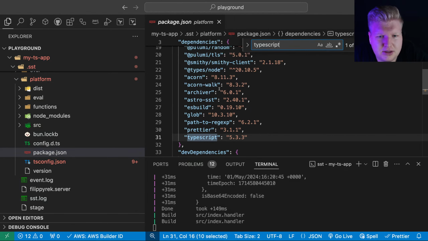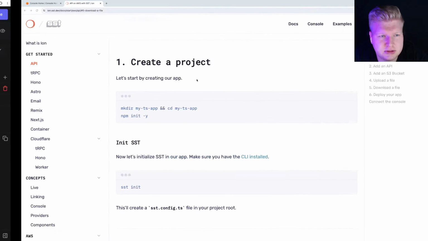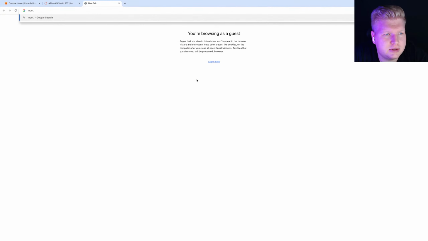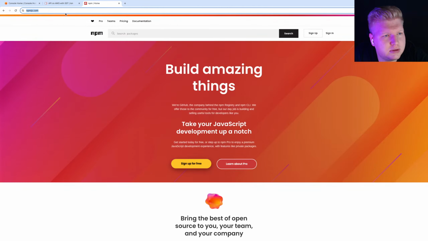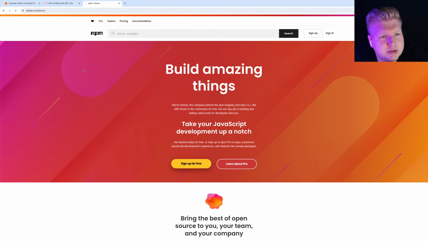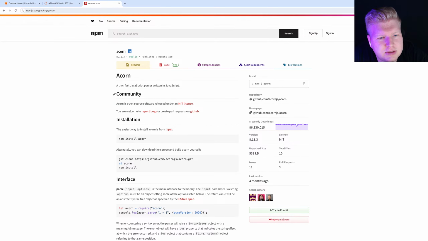But I don't really know which one is used. What's this? Spell, right? npm tiny fast JavaScript parser written in JavaScript. Fast JavaScript parser written in JavaScript. What's that, man?